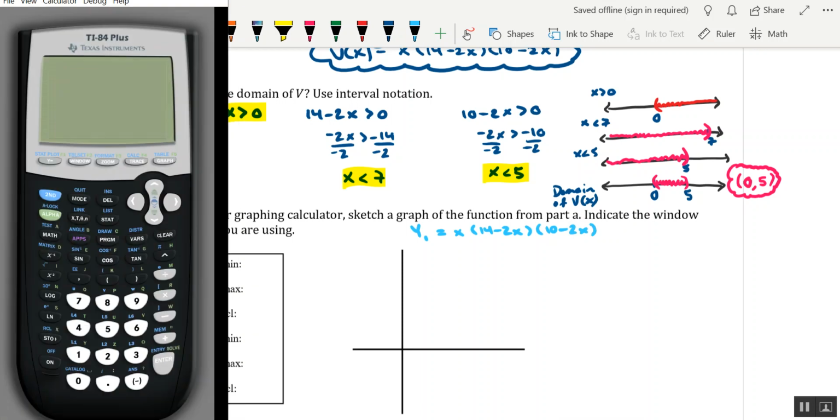So I'm going to go ahead and get out my graphing calculator. In the y equals menu: x, parentheses, 14, minus sign, 2x, close off the parentheses, open up a set of parentheses again, 10, minus sign, 2x. Now, if you hit zoom option 6, the standard viewing window,